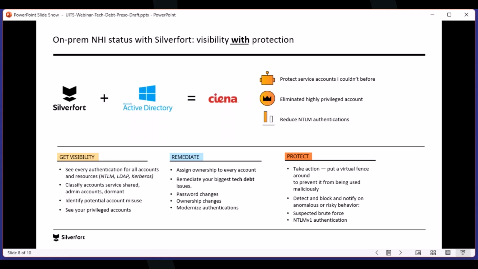And then the last one in terms of protection is just that, right? If you have NTLM v1, you can just deny the logins. You can say no longer allow NTLM v1, it must be at least v2, or you can create some compensating controls around that if it must be used and create the virtual fence around those things. So a lot here usually generates some questions, so I'll shut up for a minute and see if there are any.